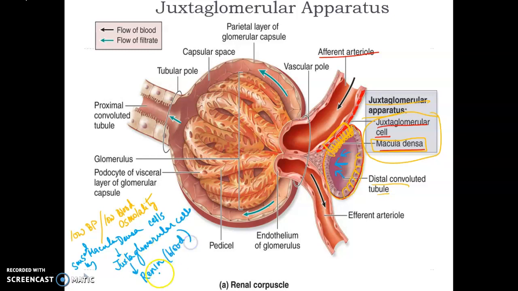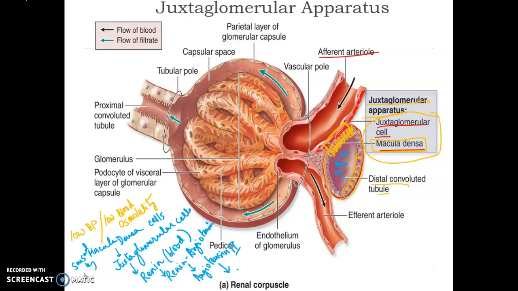This renin then activates a pathway called Renin-Angiotensin Pathway, which is a very detailed pathway. I'm not going over that, but this pathway ultimately releases something called angiotensin 2, and